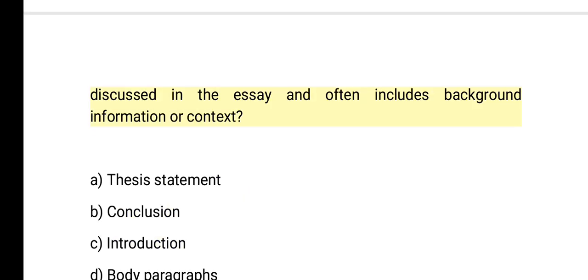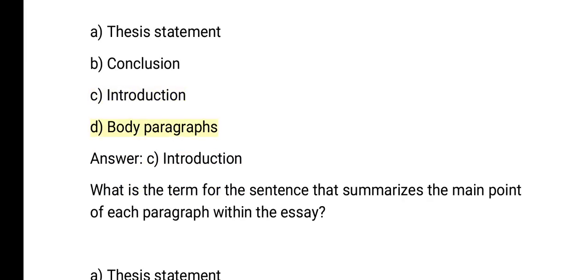essay and often includes background information or context? A. Thesis statement. B. Conclusion. C. Introduction. D. Body paragraphs. Answer: C. Introduction. What is the term for the sentence that summarizes the main point of each paragraph within the